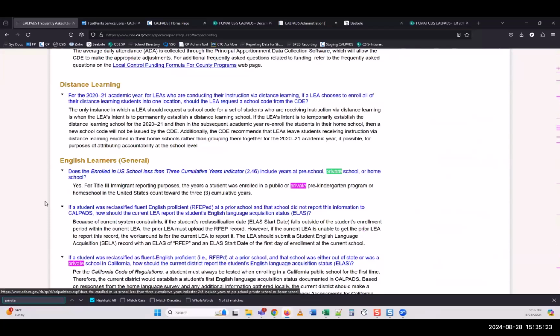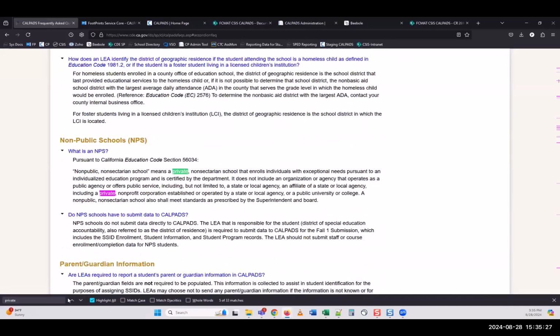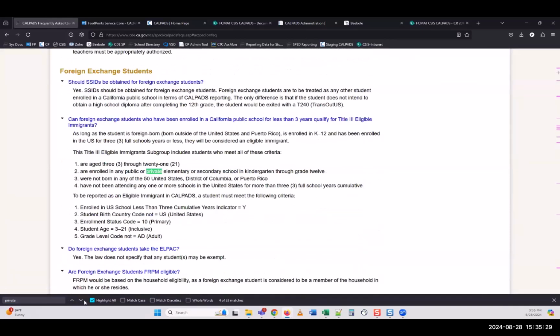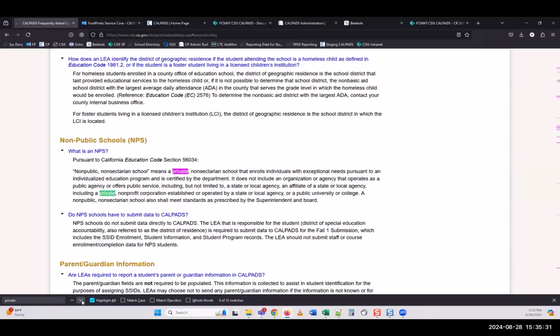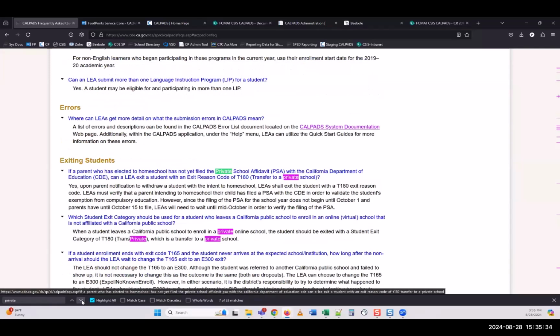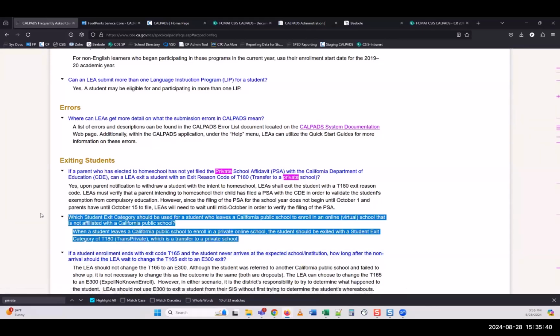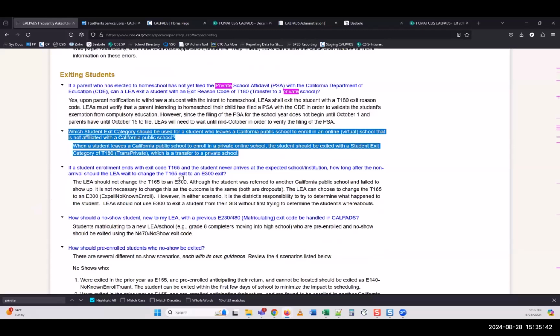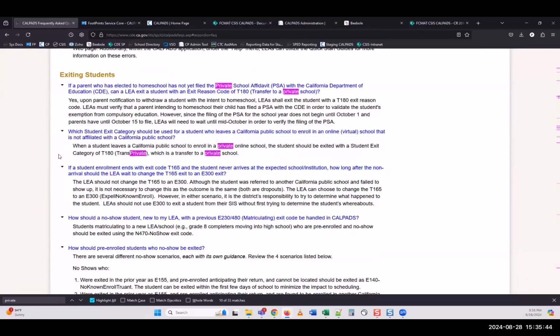Yes. Is that it there? Yes. There you go. So also T180. So a couple of ways to find your answer.